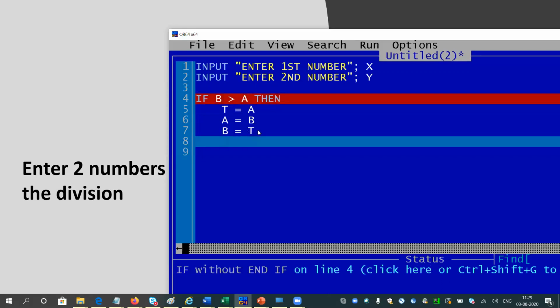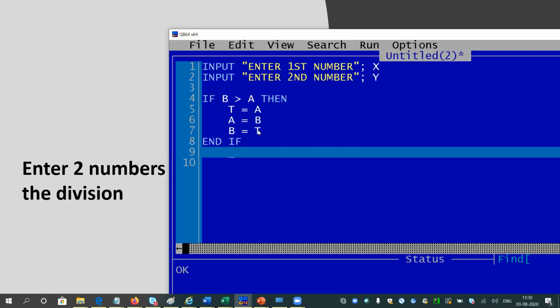The value of a goes inside b, and the value of b goes inside a. So that way we can swap the values. End if. Now we can confirm the larger value is inside A and the smaller value is inside B.